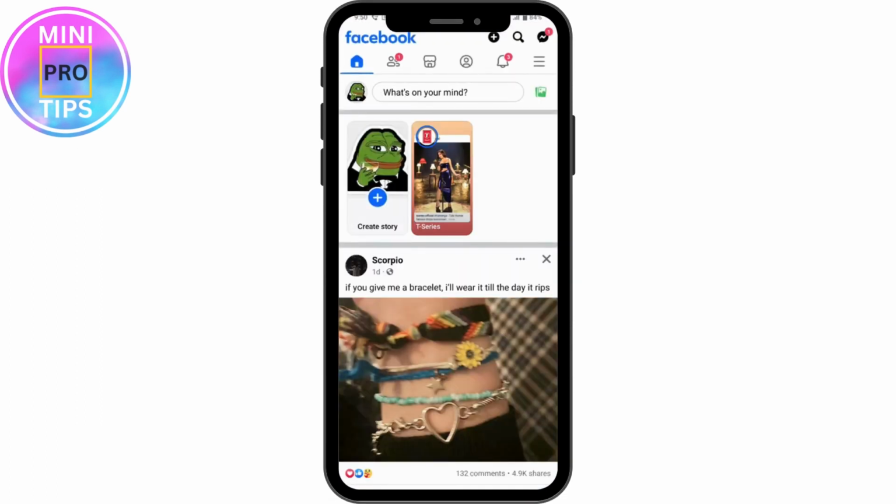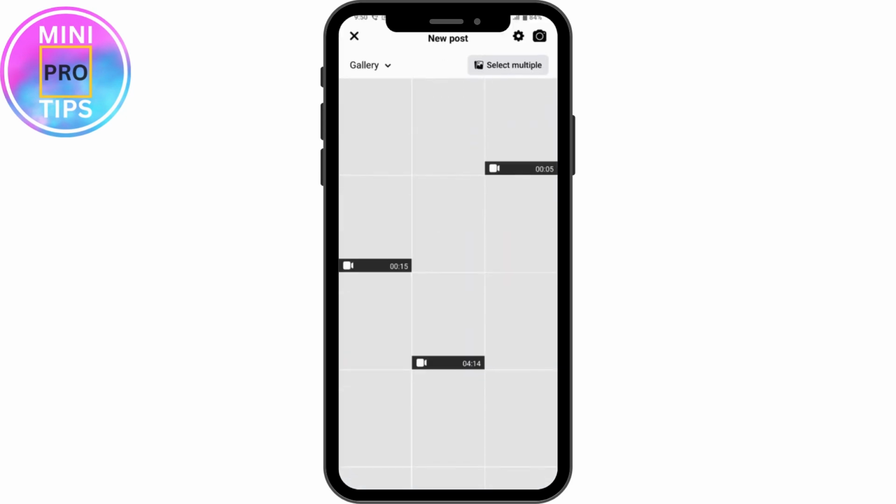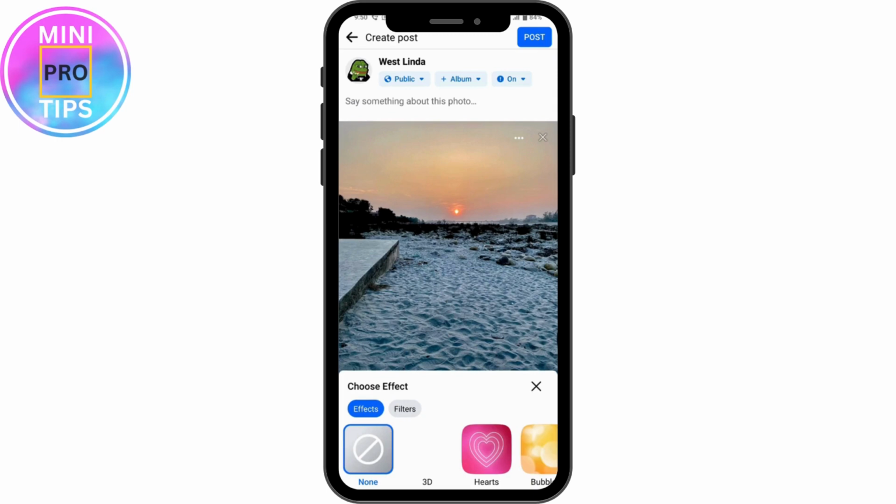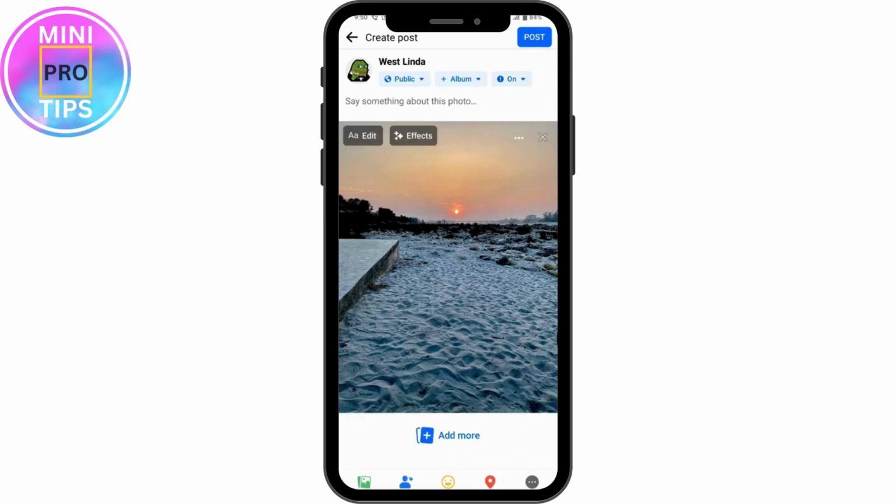Once you've opened it, you can go to the upper right, which has that albums icon. Tap on the albums and then you can select the photo that you would like to post. Once you've selected, you can tap on the bottom right, which has that three dots icon, and